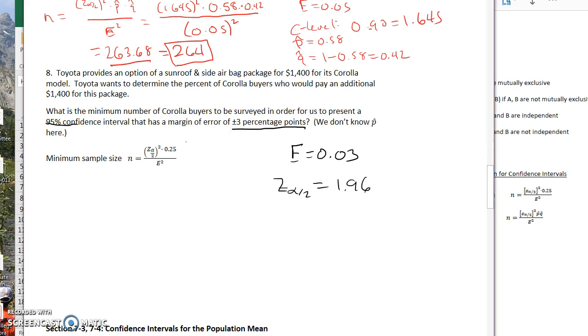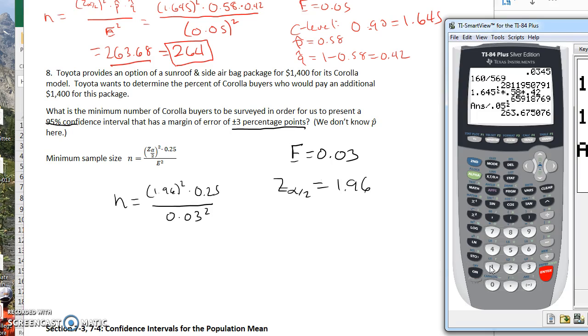All right, and then we're going to use this formula right here. If you take a look, the only values we need are a critical value and our error. So n is equal to z alpha over 2, which is 1.96, squared times 0.25 divided by our error, which is 0.03, and then we're going to square that value. So it's going to be 1.96 squared times 0.25